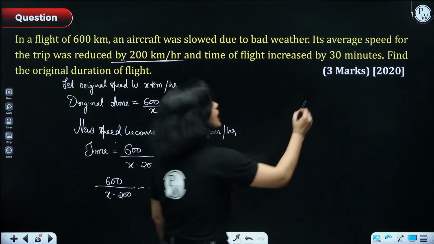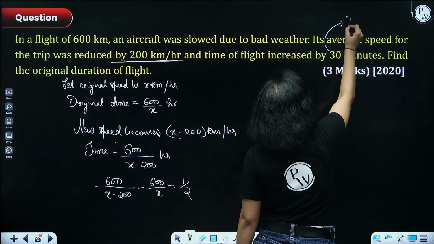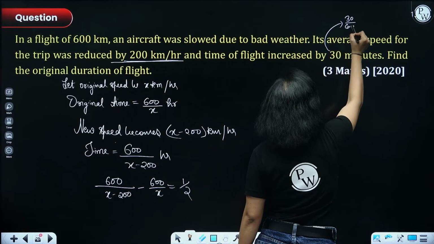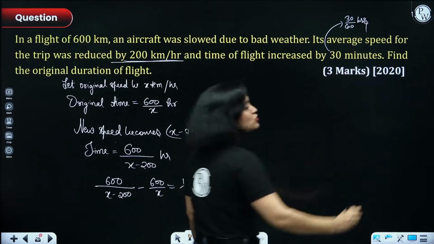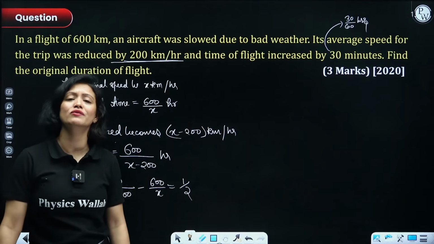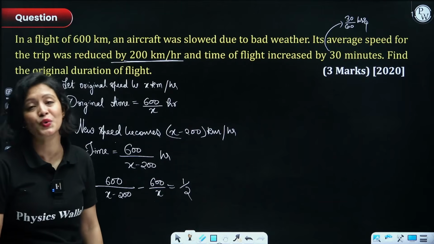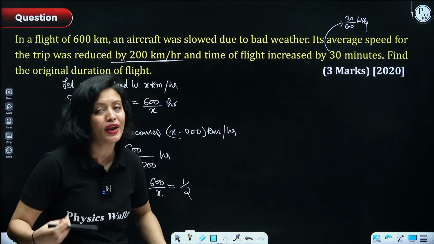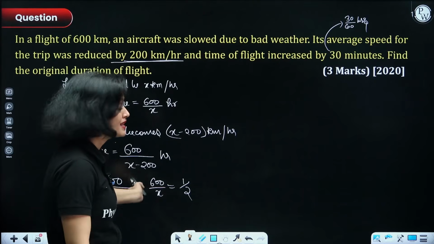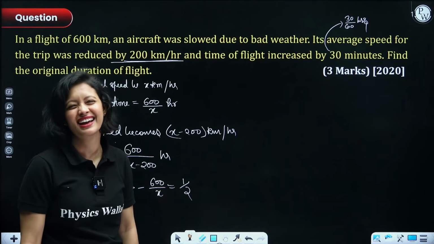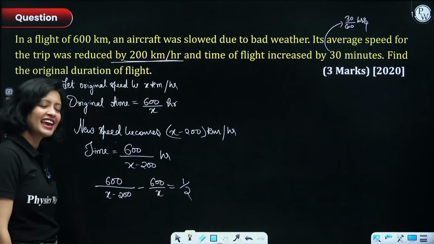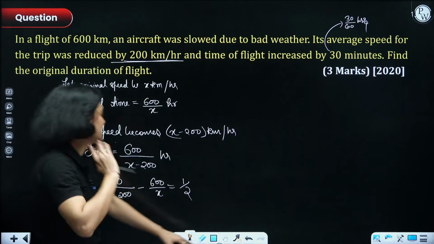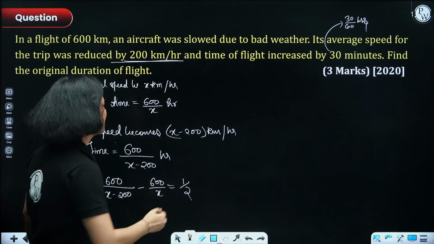How do you do that? By dividing it by 60. 30 divided by 60 hours. So make sure you take note of those units, guys. You don't want to lose marks like that. You do everything correctly and then you make a silly mistake like that. How sad would that be? Okay, now everything is correct. We can start solving the problem now.